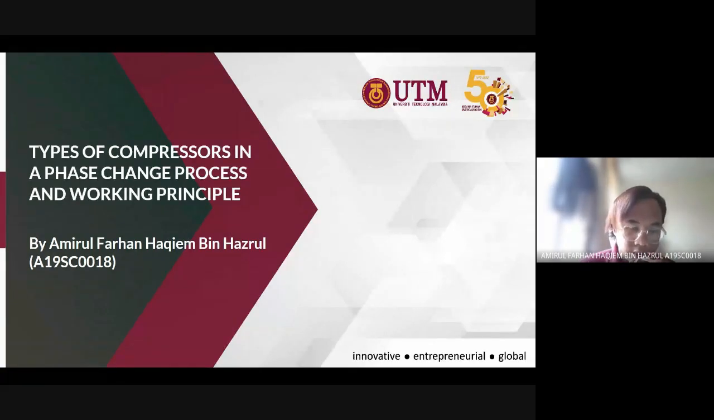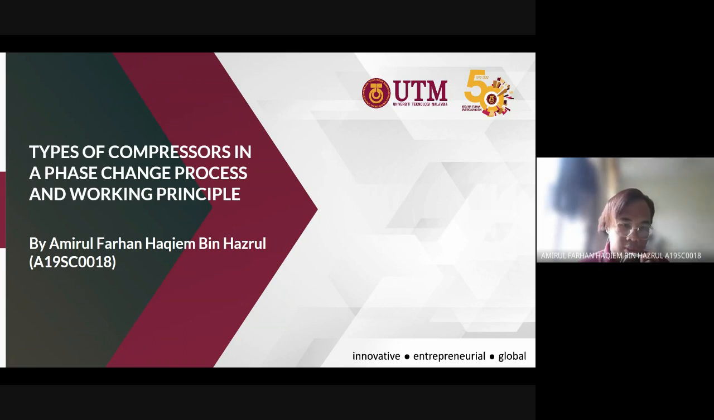So my presentation is about types of compressors in a phase change process and its working principle. The method that I got from this assignment is a phase change process, and then I will explain. In a phase change process, compressor is one of the main components. And in this assignment, I will explain the types of compressors in a phase change process, and I will explain